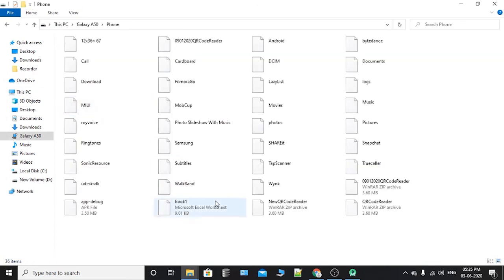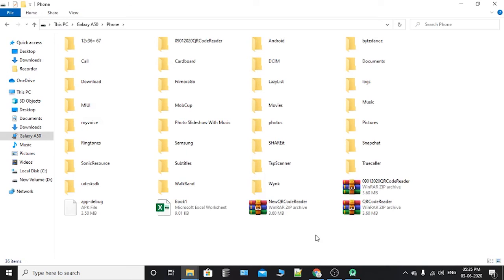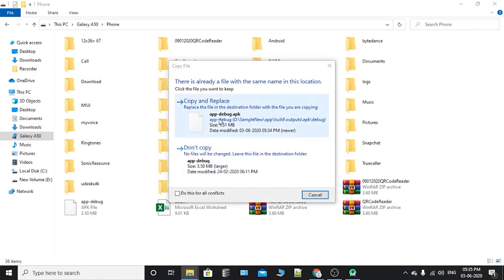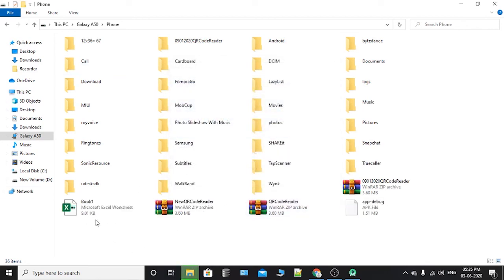I'm copying it to the phone, outside. Okay, paste. So you can see the APK file here. You can open the folder in your mobile, and if you click on this, it asks for install. If you install that, your app will be installed in your mobile. Then you can click on it to view it.